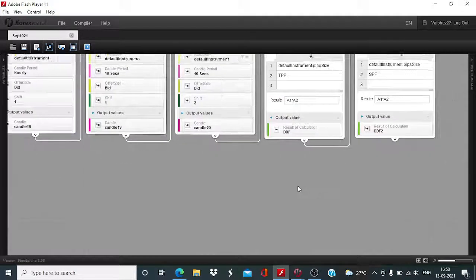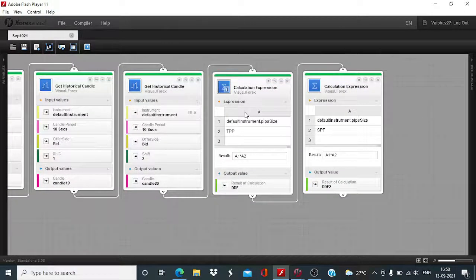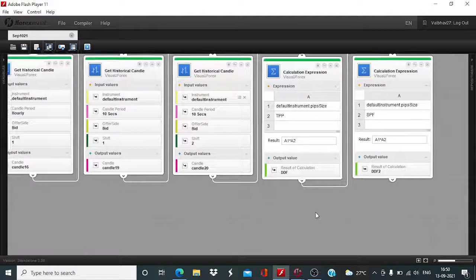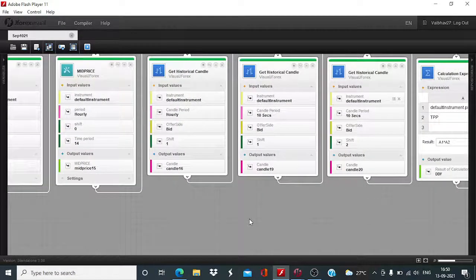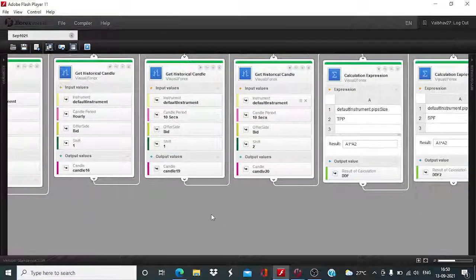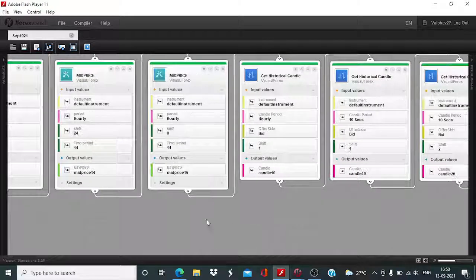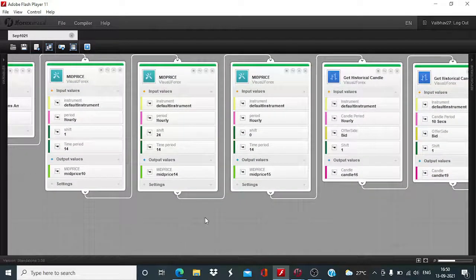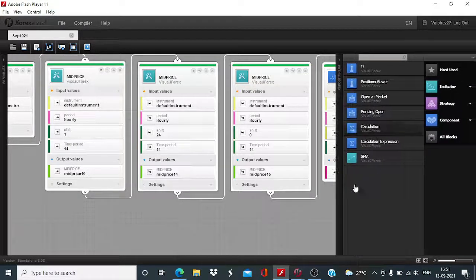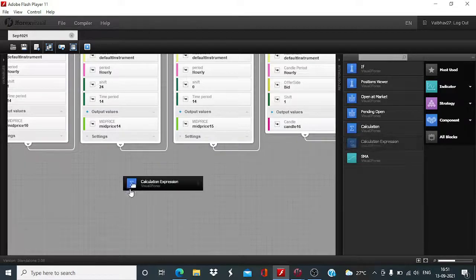And we have defined these two values, the 30 pips and 5 pips. The first calculation which we will need to do is deduct the 30 pips from the mid price value, and then whatever is the result we will compare it to the closing value for the last hour. So I have to take a calculation expression block,